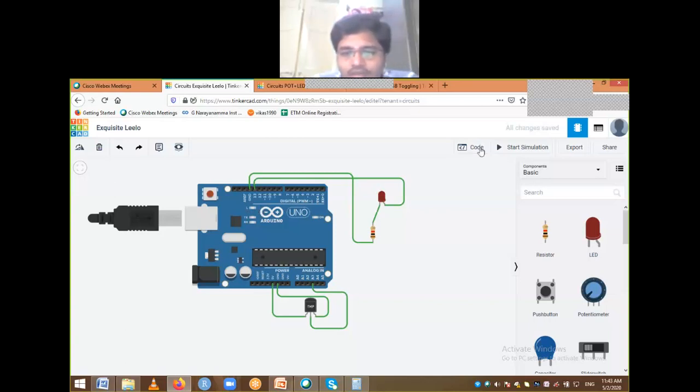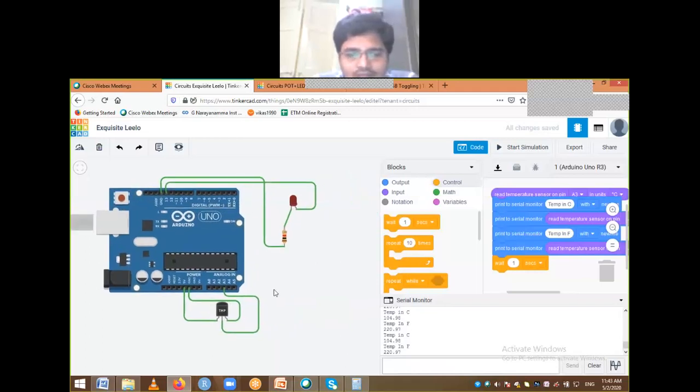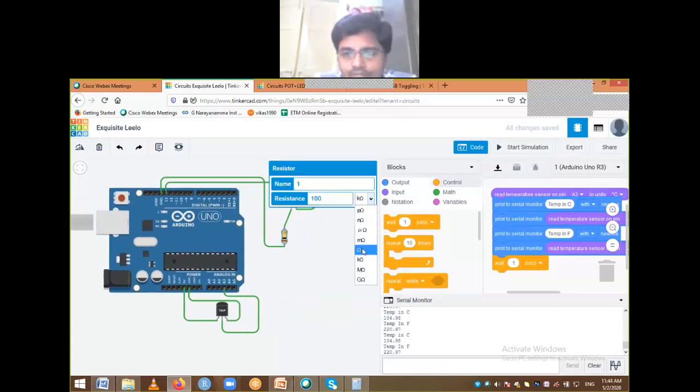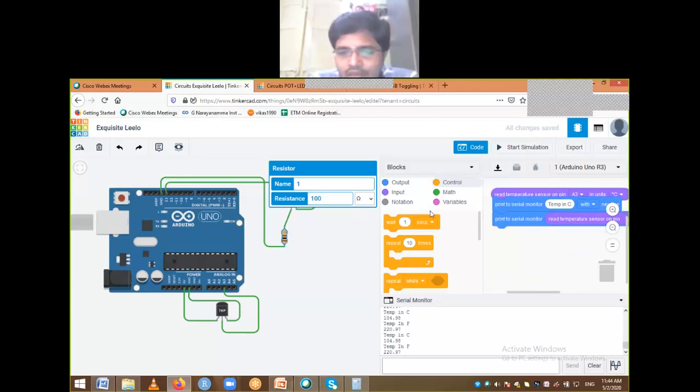We will see that one. We need to write code for that. I'll just drag this circuit so that you will be able to see. And the resistance also I need to change. I'll make it 100 ohm. Now the code, what we need to make. This time I don't want to write everything in Fahrenheit, centigrade, everything. I'll just remove that one. Just print the value in centigrade. That's enough for me.